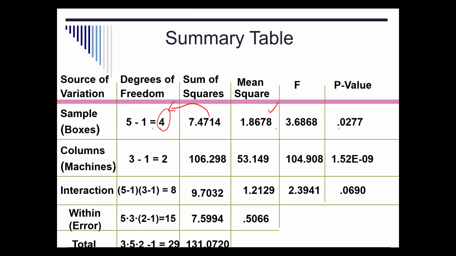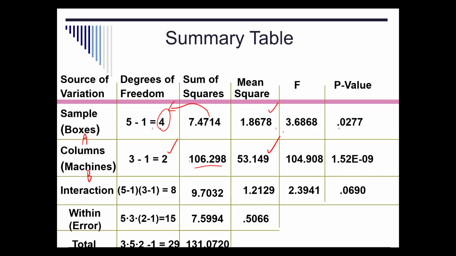And then for columns, for machine, right? This is factor B. This is factor A. Factor B, that's 3 machines, so 3 minus 1, degree of freedom is 2. And the sum of squares for factor B is 106.298. Divide that number by 2, we get the mean square